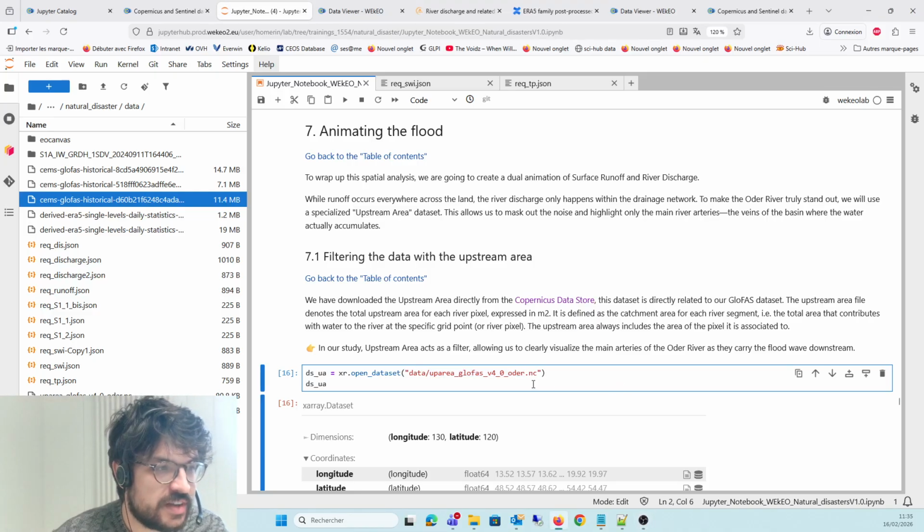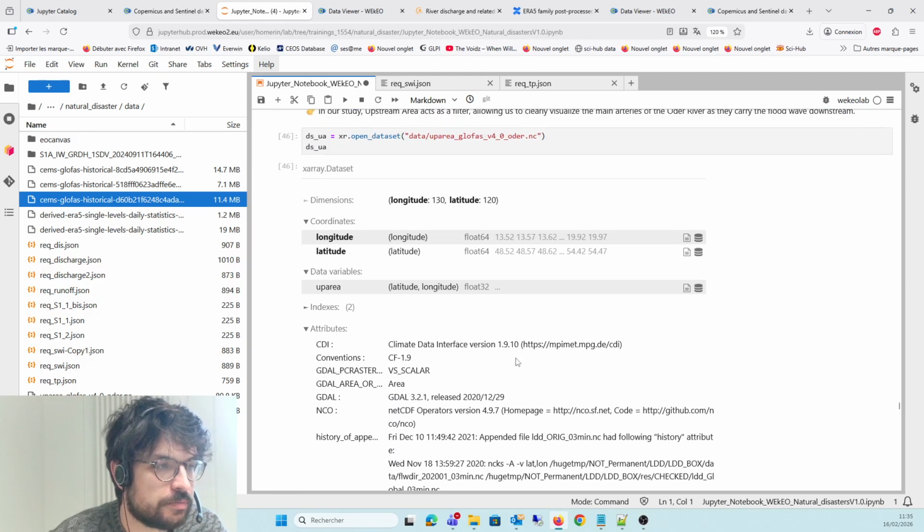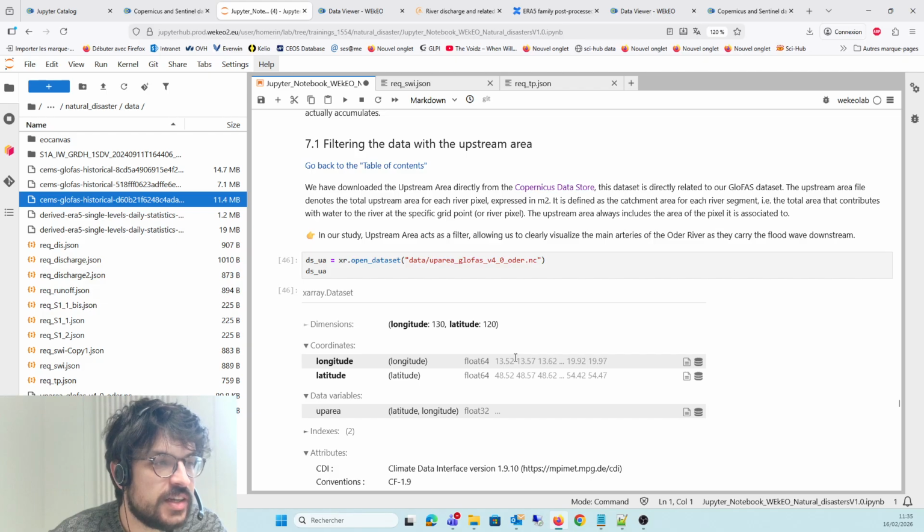And so this dataset shows us, for each pixel of the map of the GloFAS data, how much water flows into each pixel from the pixels surrounding it. Yes, for each pixel it gives us the total area that contributes water to this grid point.